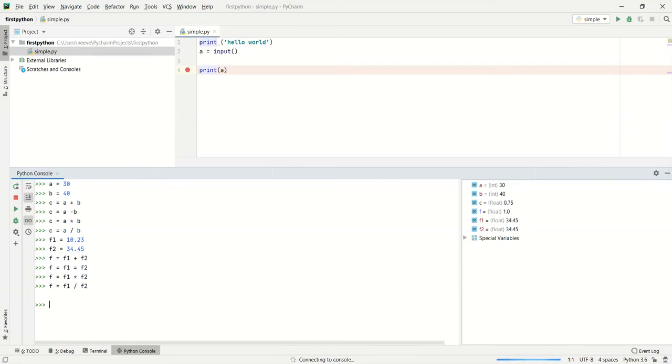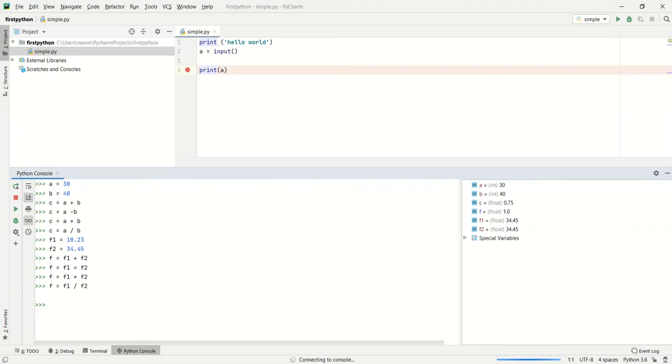And the output variable type gets varied depending upon the result. Suppose you are dividing two integer variables, a divided by b, if it provides precision output, it will be a floating point.